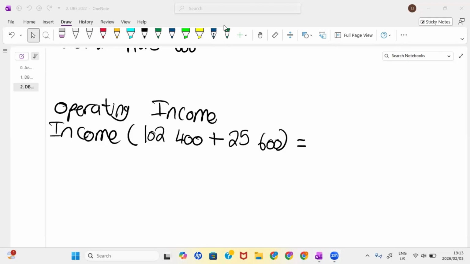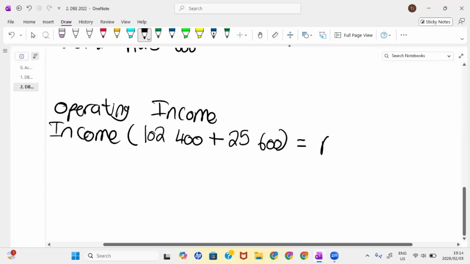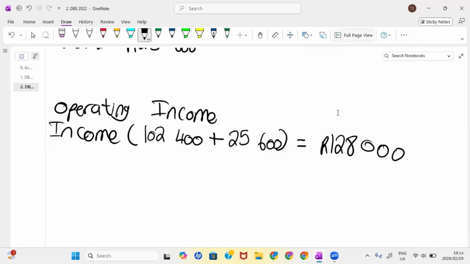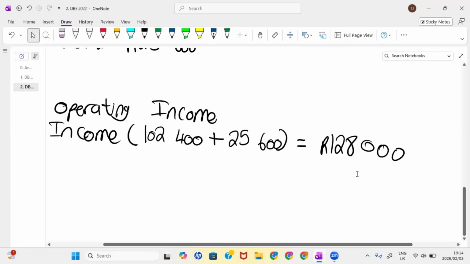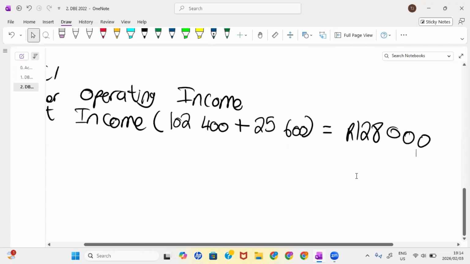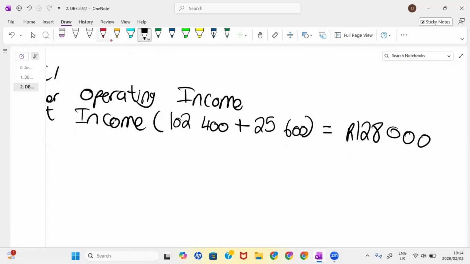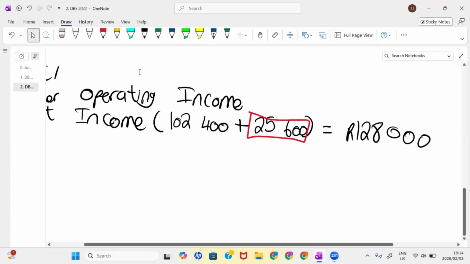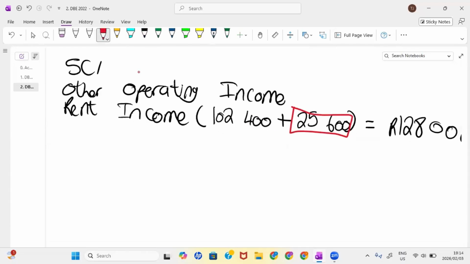Exactly. 128,000 rands. So this is the amount that should go to our income statement, statement of comprehensive income. However, this 25,600, we take it to our statement of financial position,